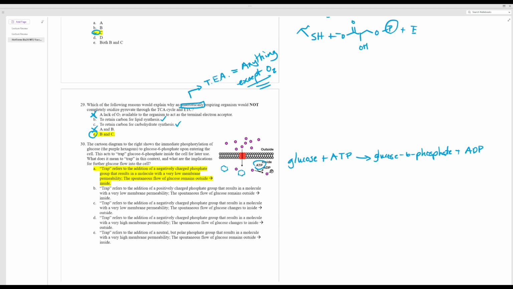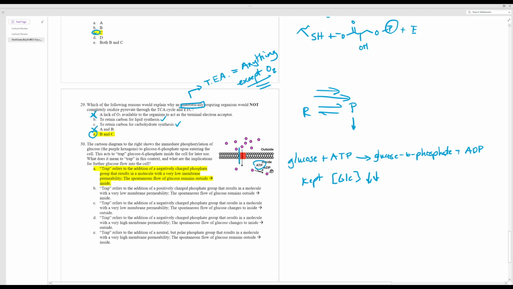Because now what we've done is we've artificially lowered the glucose concentration in the cell, right? By getting rid of all that glucose and converting it into glucose 6-phosphate, we've kept the concentration of glucose inside the cell very low. Which means, remember earlier we talked about a reaction: if I keep the product concentration low, I keep the favorability of my forward reaction high, right? High favorability. So I'm keeping the